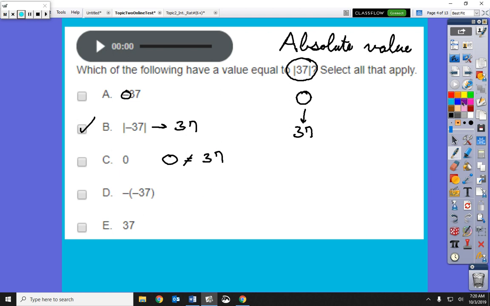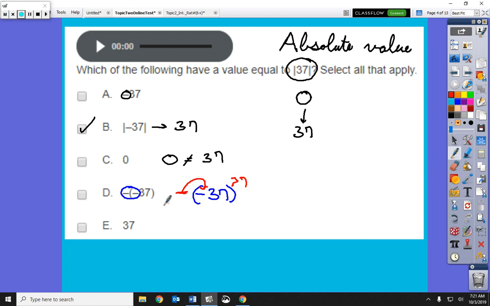Now, you have to be tricky with this. We have this double negative. I always think about money. Right now, you have debt. Let me get rid of that first negative sign. Right now, you owe somebody $37. Well, I'm going to come along and take away your debt. To take it away, I would have to give you